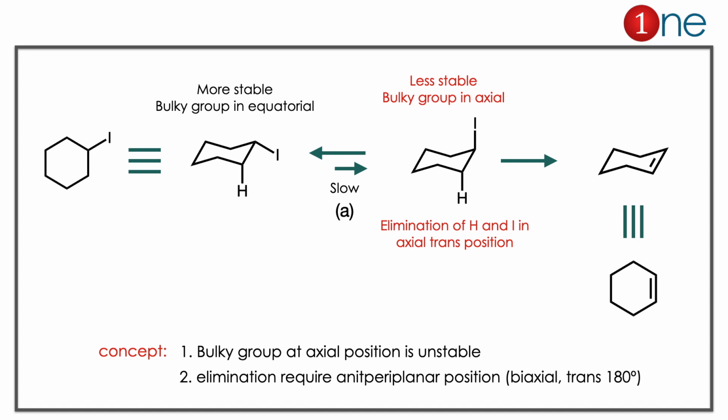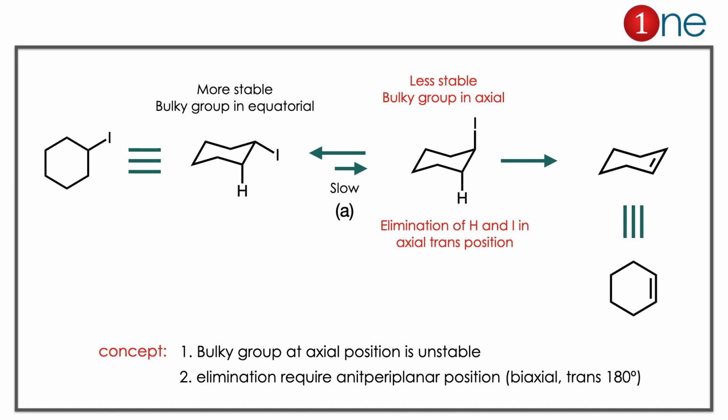Here, the problem is drawn in plane form. You have to redraw nicely in the chair form, so you redraw it. While redrawing, iodine always prefers the equatorial position, not the axial position, because iodine is very bulky, so it will not occupy the axial position. But for the elimination, we need the axial position. The diaxial position is necessary, which is called the anti-periplanar position. It is not possible in this case, but it is possible by force. So the reaction is very slow. You get elimination only when the iodine achieves the axial position. So the answer is clearly A. It is a slow reaction.